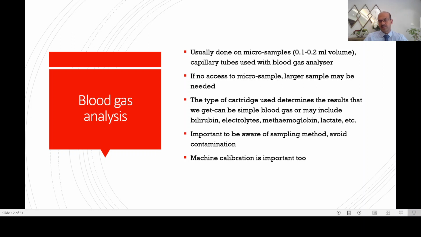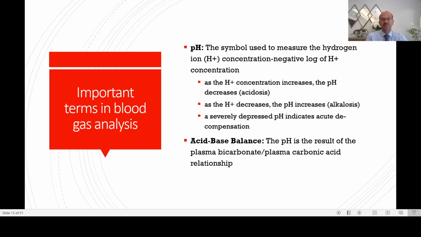Sometimes the labor room has a separate machine and you can use it there as well. Entering the patient information in the blood gas machine is very important for medico-legal purposes: the time when you do it, the backup is there. You have the log to go through as well. So it serves as proof in case you lose the paper version.